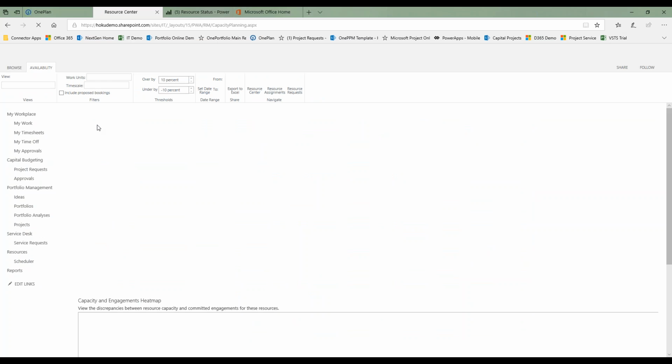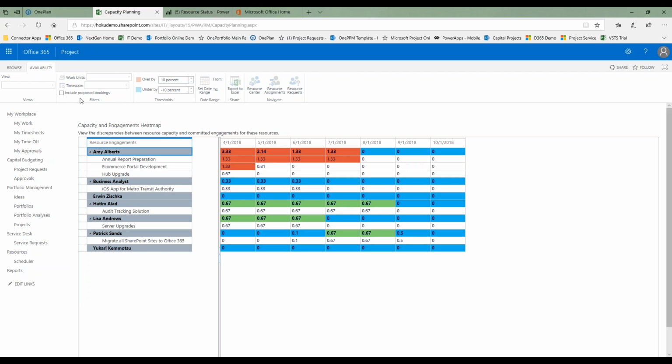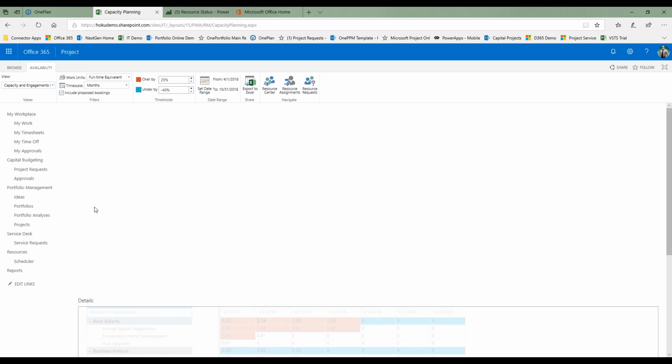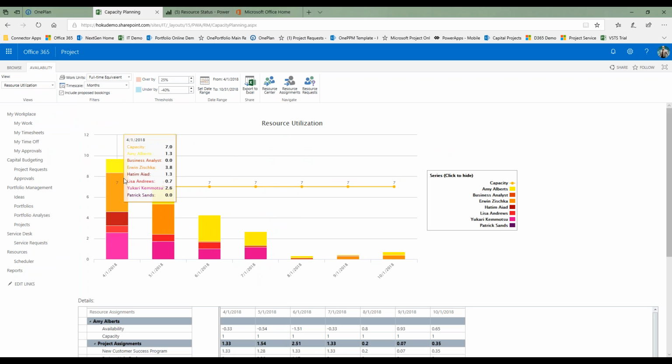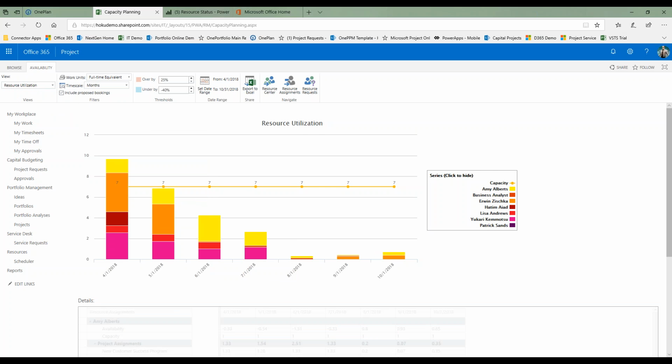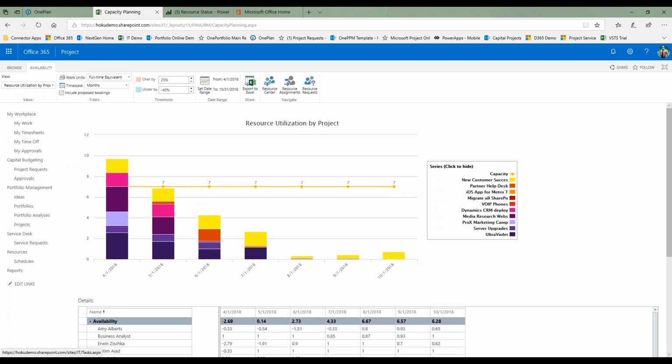For example, in this case, I got the capacity heat map that we talked about, but instead of looking at those individually, maybe I want to look at things like just overall resource utilization, and I can look at a graph and see where we are in relation to our overall capacity of business analysts and some details down below that support that graph. I might want to look at, you know, the resource utilization by project,